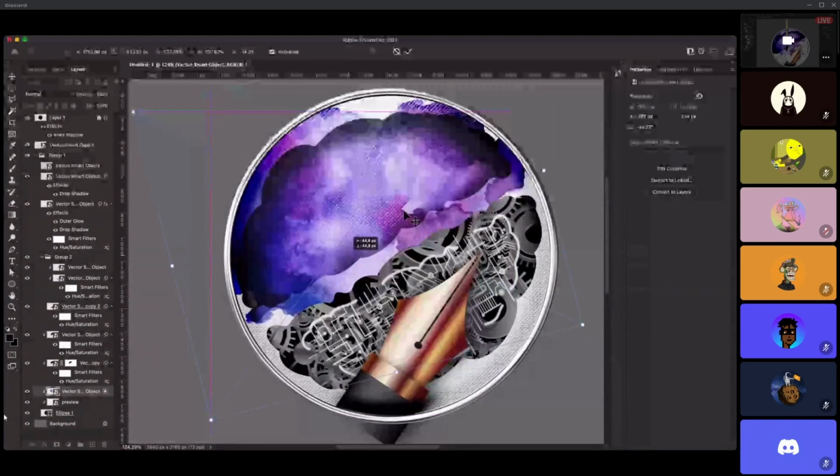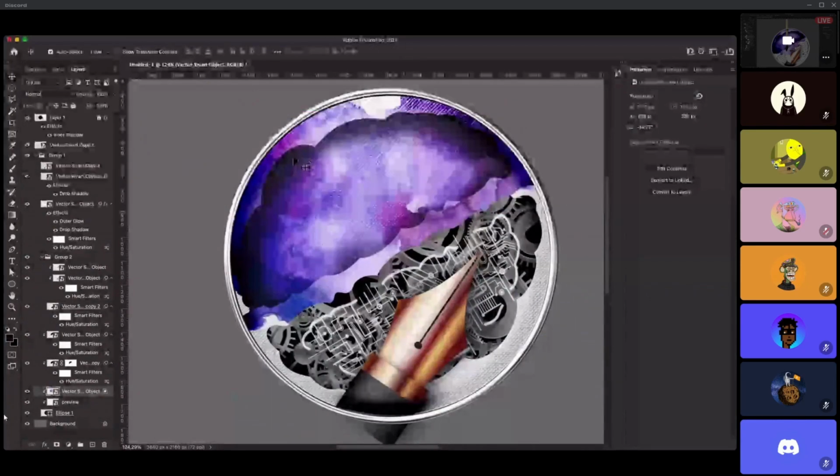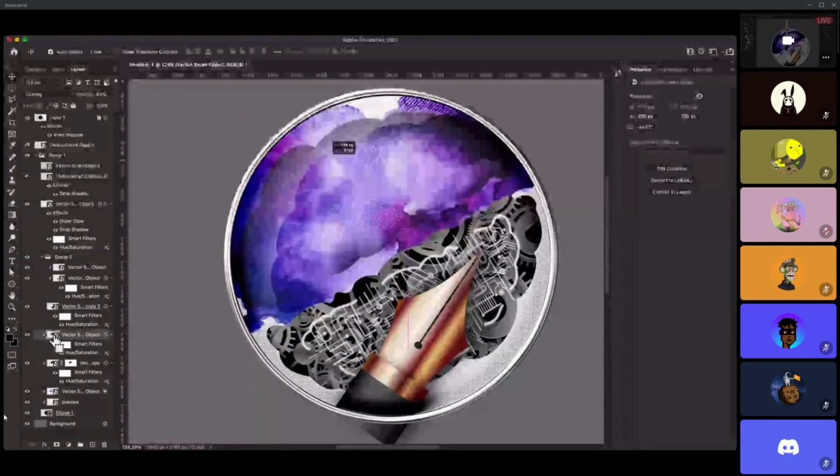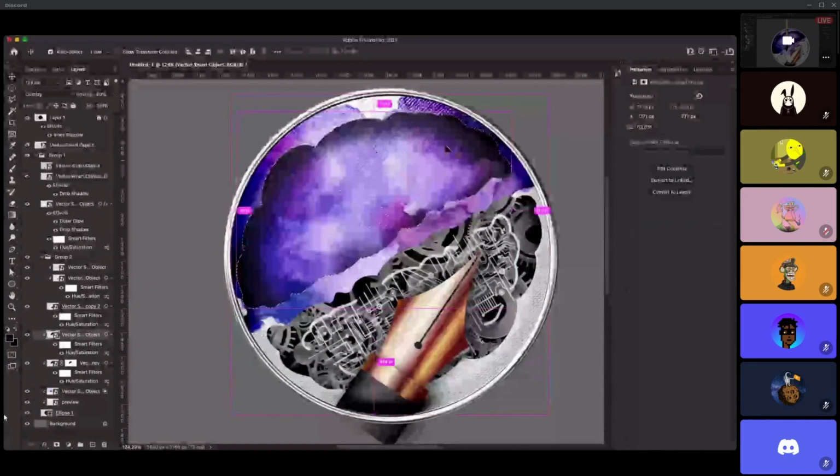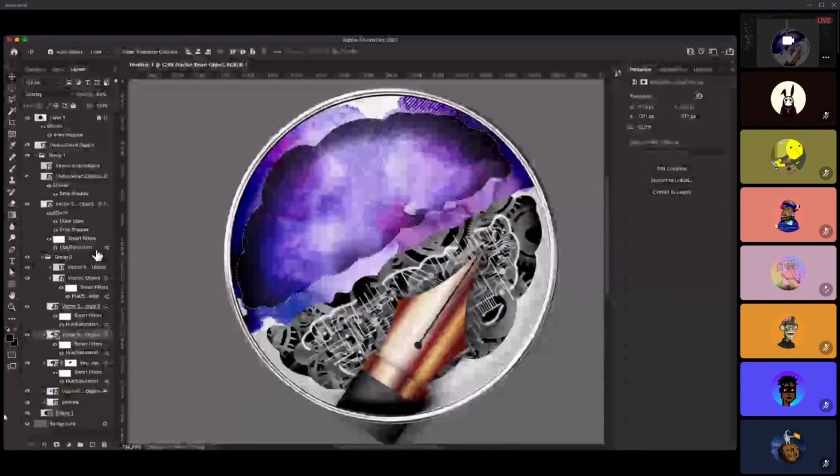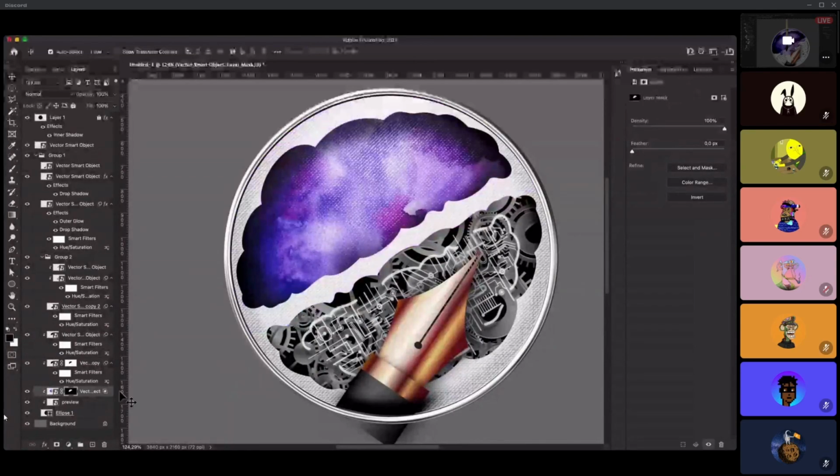Yeah, the easiest way to do this is to select the layer. For example, this is the brain layer. I hold Command while I click on it. It becomes like the marching ants. This is how it's called. And then I go to the paint layer, which is this one, and I just click the mask here. And it just removes everything else which was away from the things.